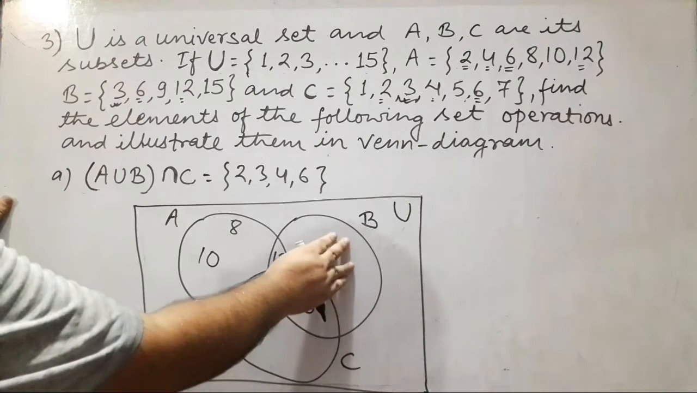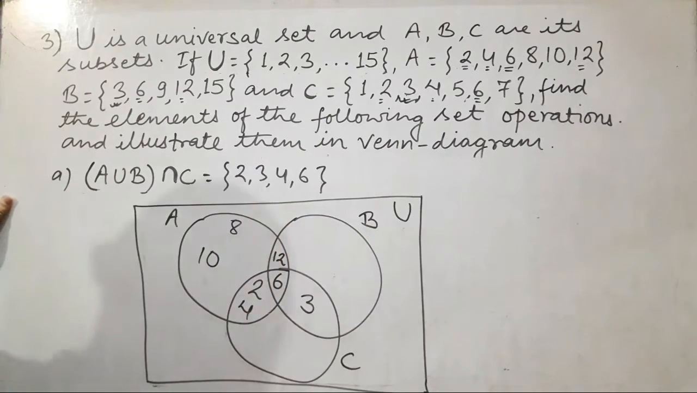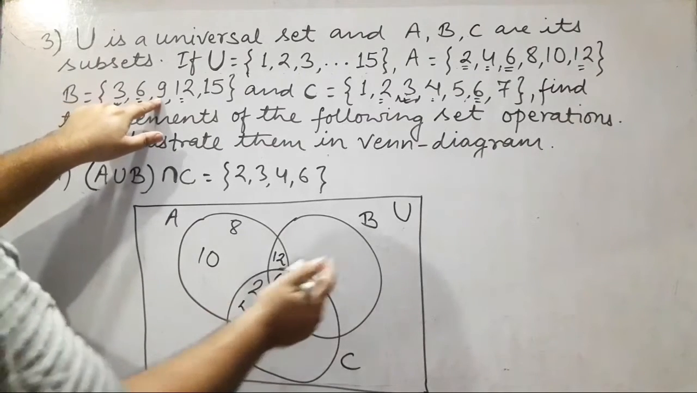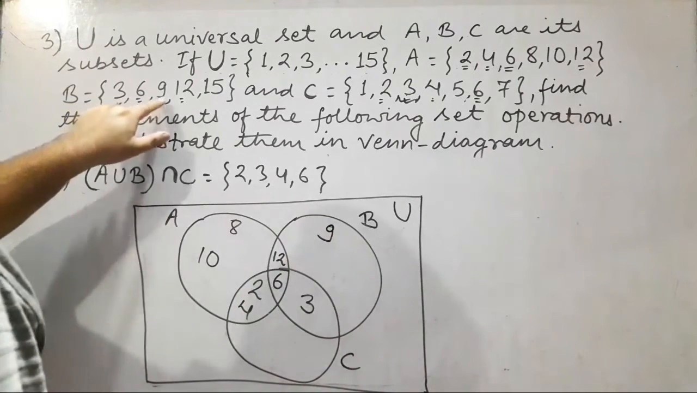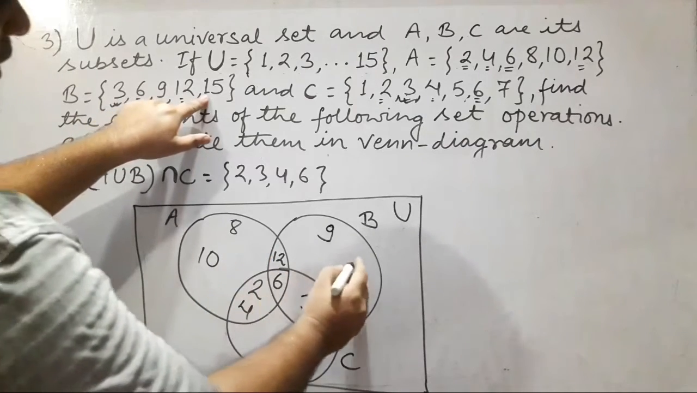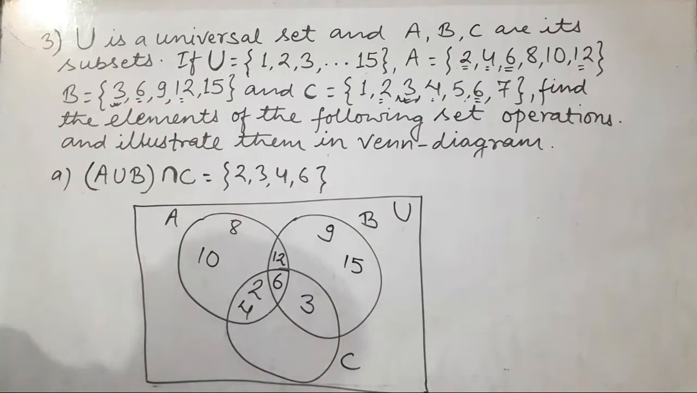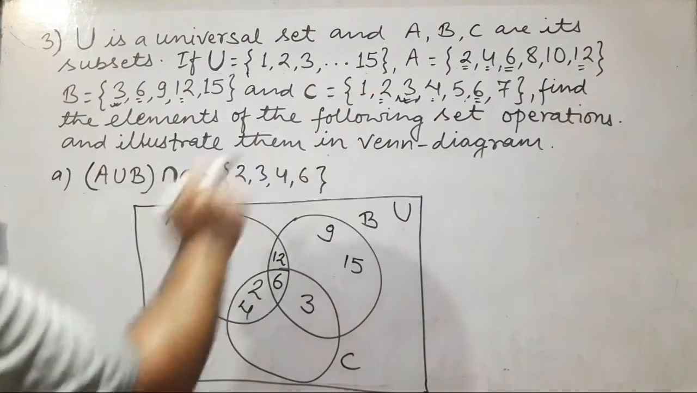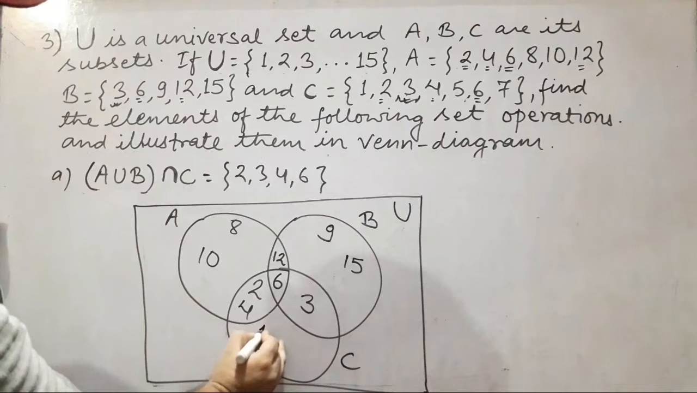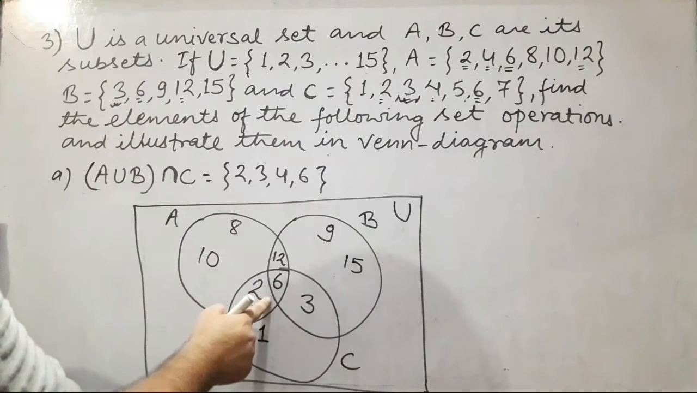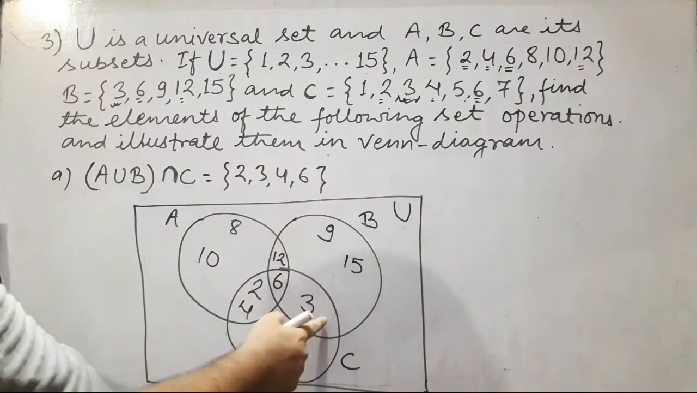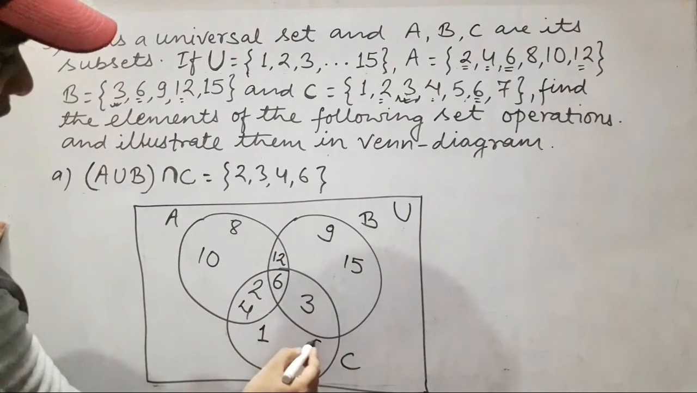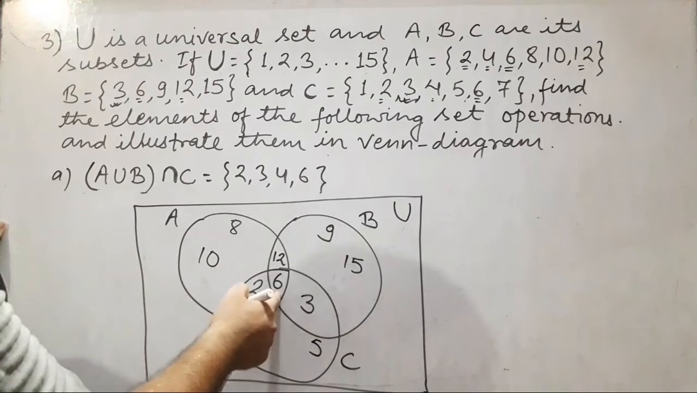Now let's fill the elements of set B. 3 already written, 6 already written, 9 not written. 9 will lie here. 12 already written, 15 will lie here. Now we'll fill the elements in set C. Set C: 1, okay, 1, 2 already filled, 3 already filled, 4 already filled, 5, okay, 5, 6 already filled,